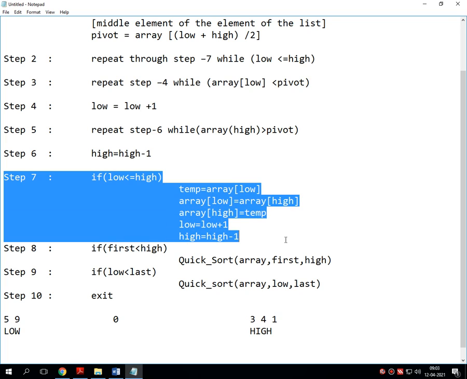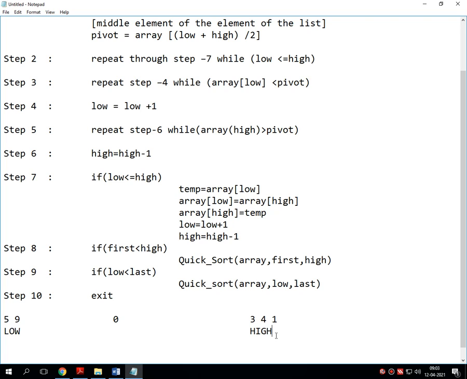Now once all this is done, it internally sorts every number. That means this 5 and 9 get internally sorted, as they are already sorted. 5 is lowest and 9 is highest on the right hand side. On the other side, 3 is compared with 4.